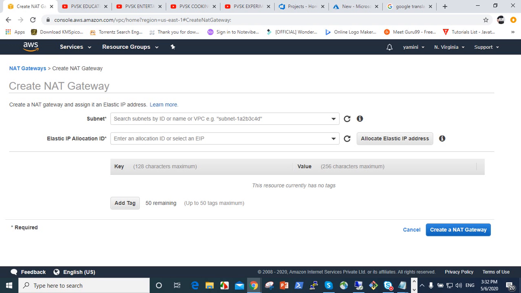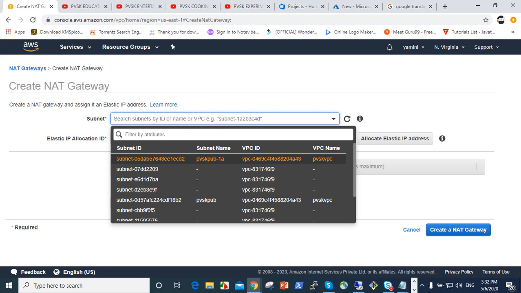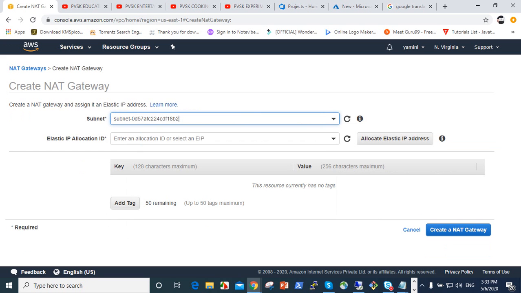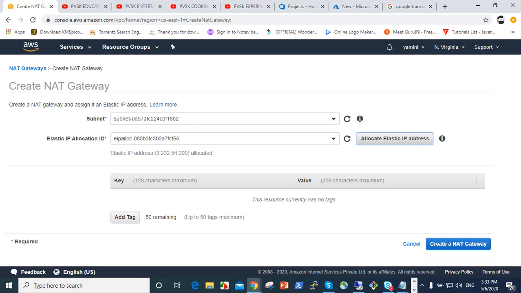So translation, sorry, address translation here. It's used for connecting to private subnets. It gives internet to the private subnet. So select the subnet. It's very important: choose public subnets, otherwise it's not connected to the internet. So you should choose the first public subnet and create an Elastic IP, a standard IP.